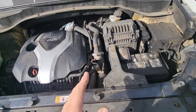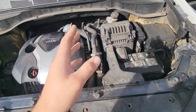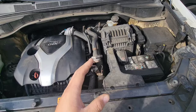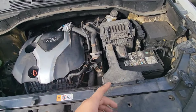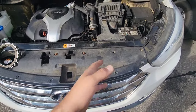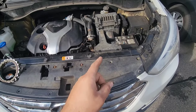And first of all, on those transmissions, the filter is very deep inside of the transmission, so you cannot change this filter. You have to remove the transmission to change it. So today what we're gonna do is a change. What is the difference between a change and a flush? A flush is when you plug a machine to the hose of the transmission cooler, and they're gonna suck out with the machine